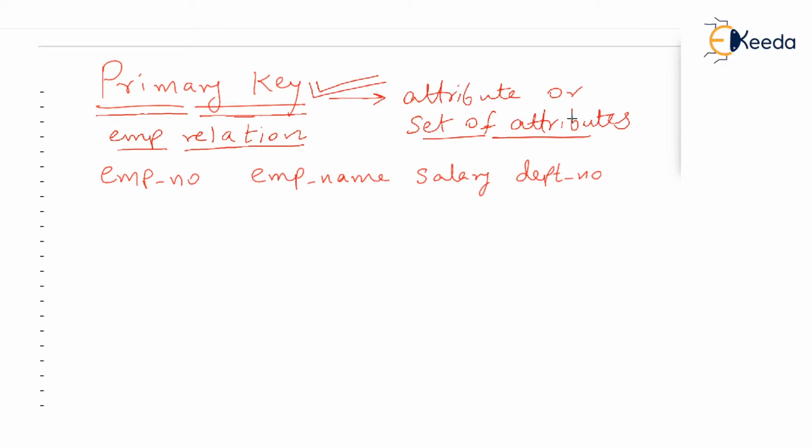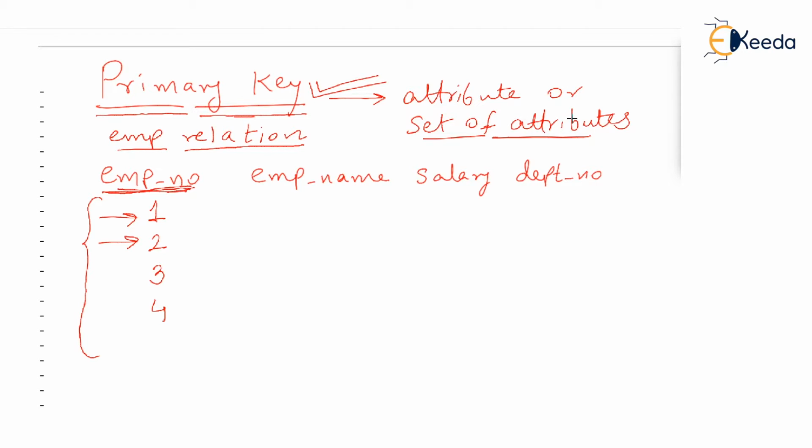By the way, primary key is such an attribute, like emp number, which can never have duplicate values. I mean, in two different rows of this relation, we cannot have the same values for employee number. And that is but obvious. In our organization, two employees cannot have the same employee number. As an example, two students cannot have the same roll number. So the employee number values, as you see in this entire table, will be unique. Such an attribute is labeled as primary key.